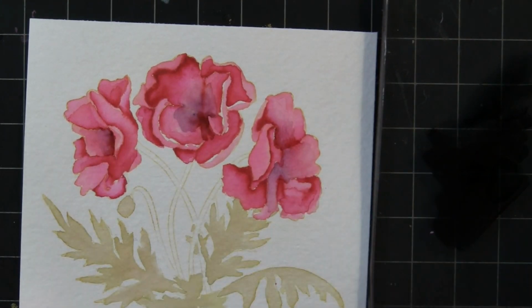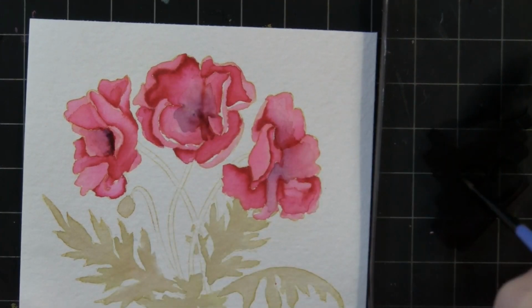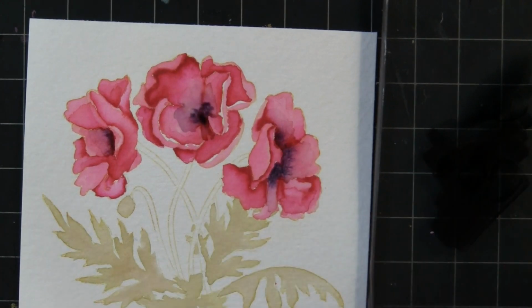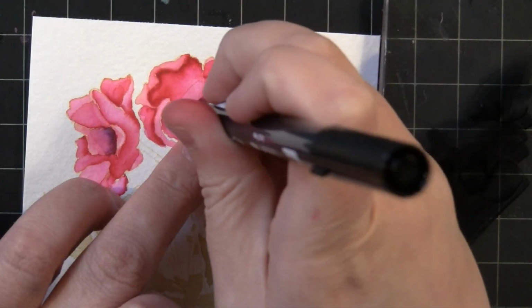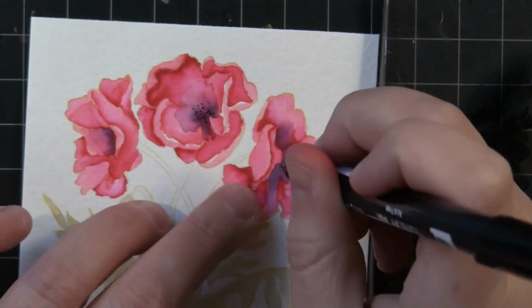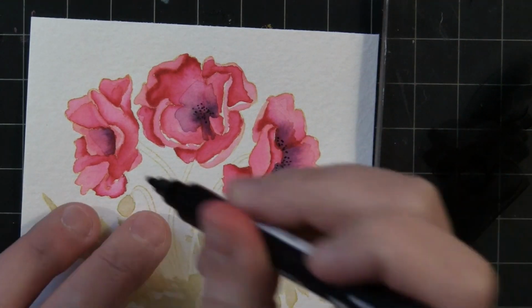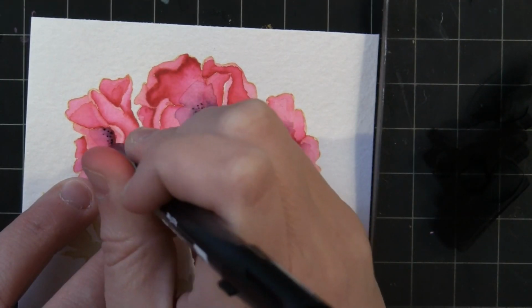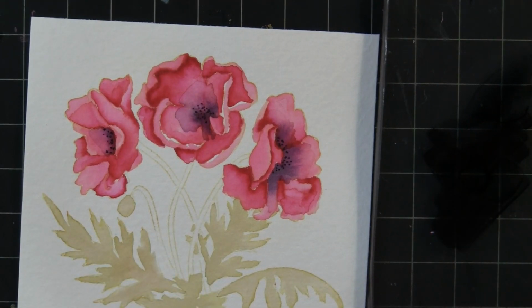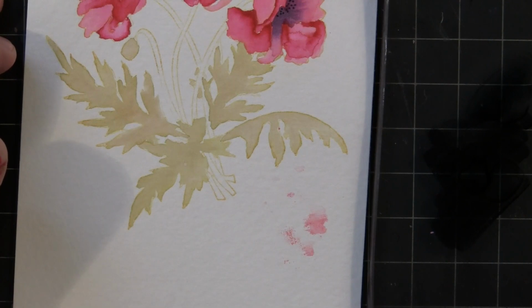Going back with just water to blend it a little bit more. And you can keep adding a little bit more, going back and forth. I wanted to darken it up, and because it's still wet, you can see it, that ink just automatically spread. Then I just took the fine point tip of that same marker and added a few dots to the center. Now I was ready to move on,